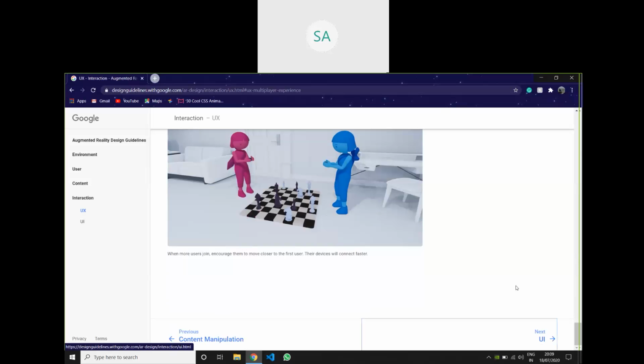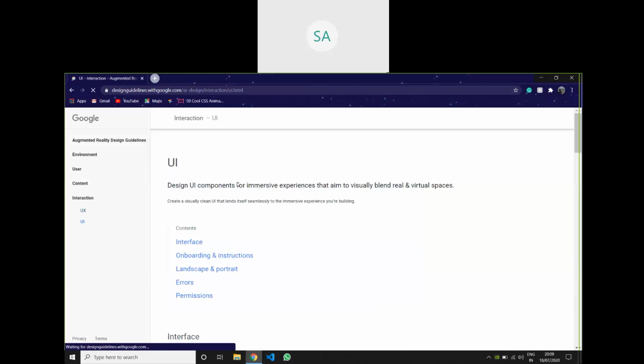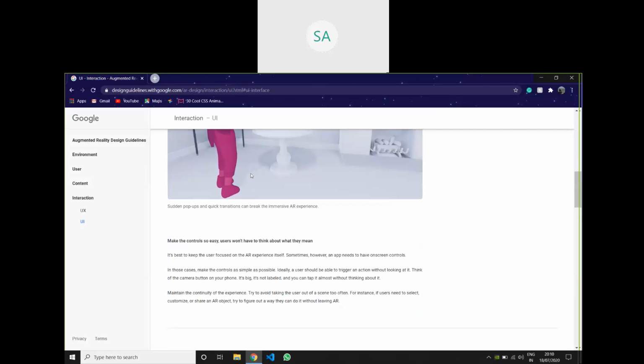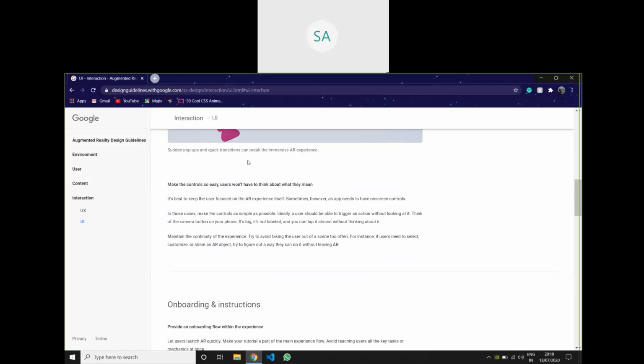And then coming to the UI part, the interface. The user will be pretty much immersed in what he's doing, and there should not be any sudden jerks. It should not be a panel which is covering the entire screen. We should give him a reminder, saying this is what is happening. This is the reminder you are getting of something else. It should not suddenly come out of the blue. It completely destroys the AR experience for them. And make the controls so easy for the user to use.